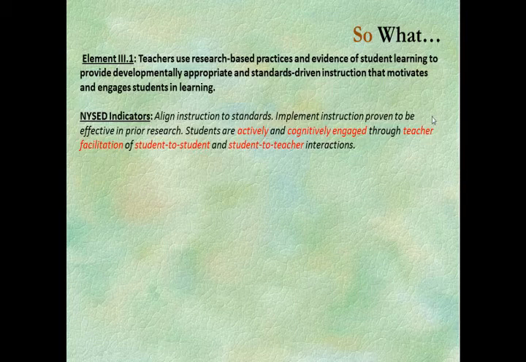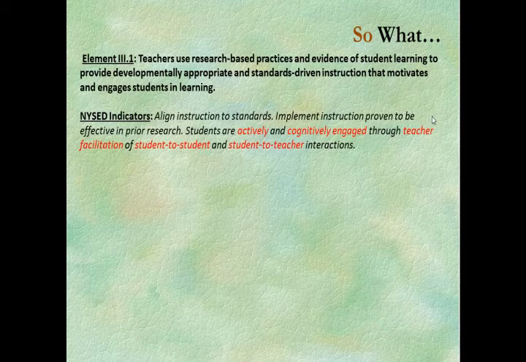At this point, take a moment to look over your notes from the video clip as we begin to compare the evidence collected to our rubric language. Student engagement is one of two indicators located in Standard 3, Element 1. Note some key words in the indicator description taken from our rubric.